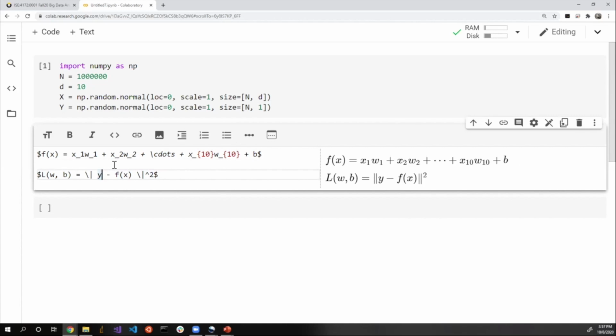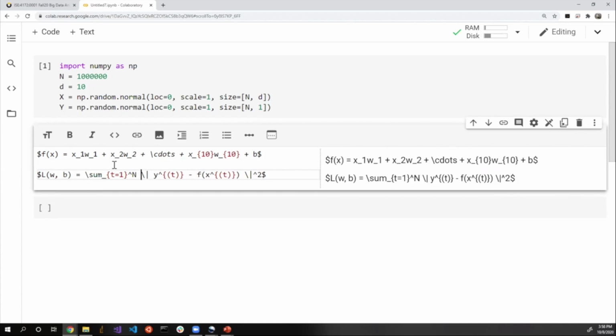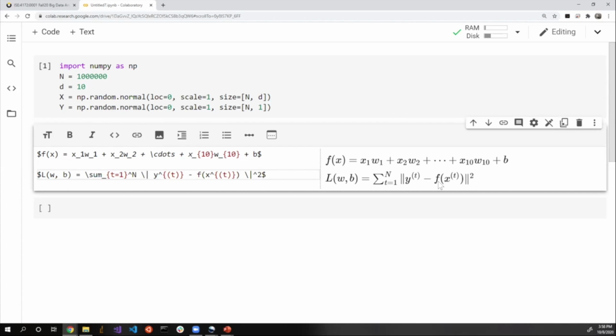And then when we do that, we want to do it for all the data samples that we have in the data set. So let's say we have the superscript t indicating the tth data point, and we have to take the summation from t equals 1 to n. Okay. So if you have absolutely no idea how I'm typing this equation, it's a thing called LaTeX. You don't need to worry about it. Just focus on the equation on the right. So this is the loss function that we're interested in minimizing, and to make it numerically more stable,